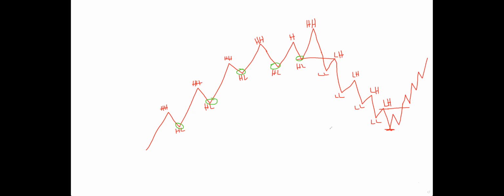So these are some characteristics that you want to put into your notes that have helped me tremendously. And you're going to see this a lot when we get onto the live charts, right? So let me clear all this out. And this has helped me personally. So let's say that we have a downtrend, right?